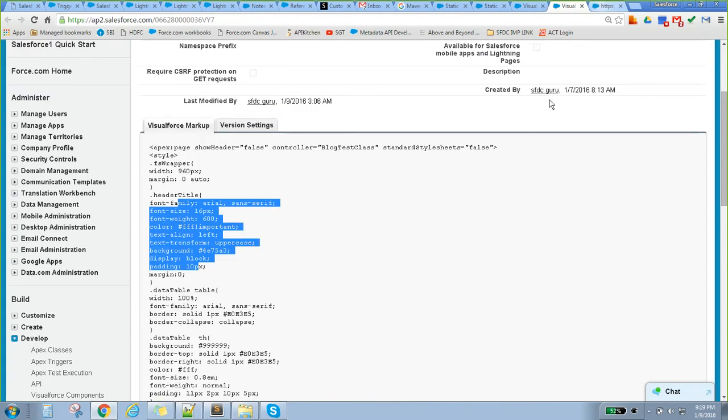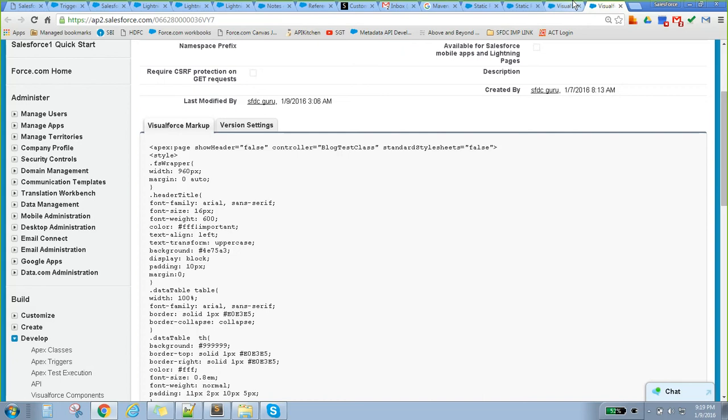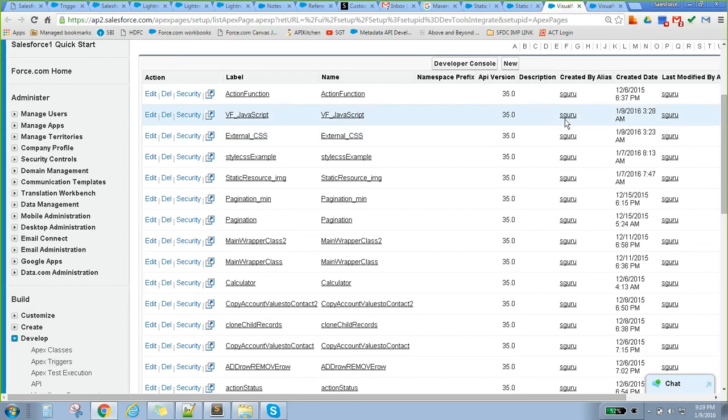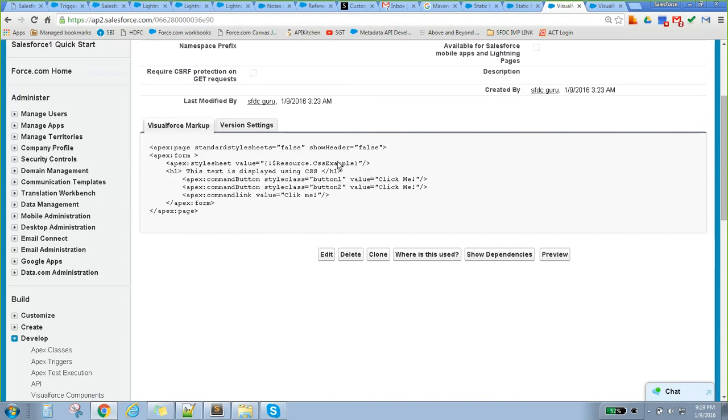I will pass this particular code so you can use it. This is nothing but inline CSS. If you want to use external CSS, we have stored a CSS file in the static resource, and I am referring to it like this.